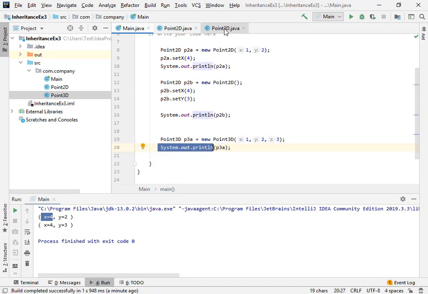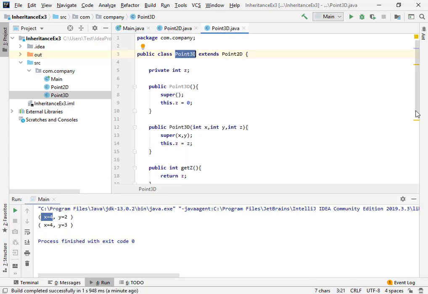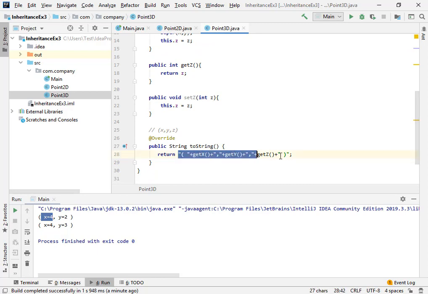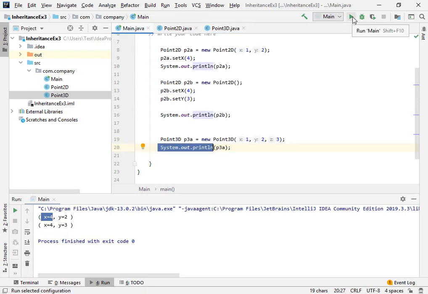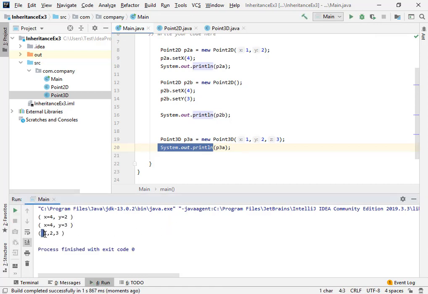It will basically point to which function? The toString function, which is available in the Point3D class right here, and you can see that we're gonna get the output in this form, x, y and z, because we have overridden its default functionality to return the output in this way, right? So let's see, if I execute this, you will notice that I will get the value in the form x1, y2, z3.